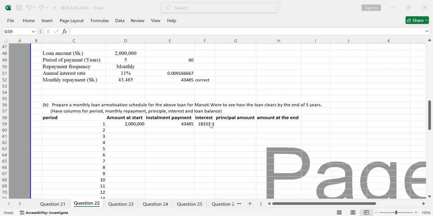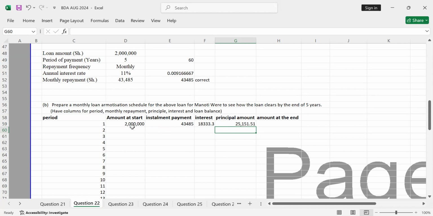So we proceed. So this is the interest out of these 43,485. 18,333 represents the interest. So the principal amount, which is now the part of the loan, will be how much? You just say is equals 43, you minus the interest. Once you do that, you get the amount as the principal amount, which is now the part of the loan. Meaning that